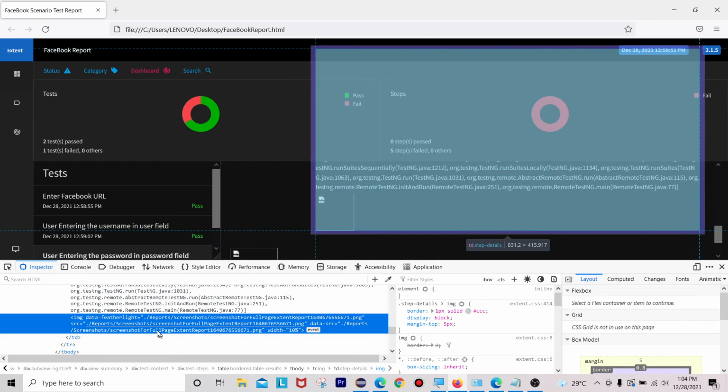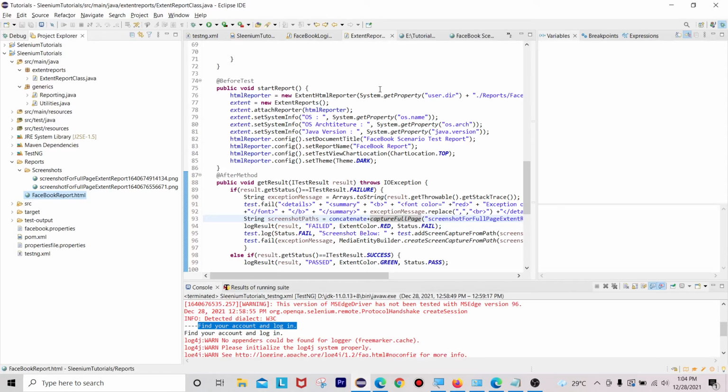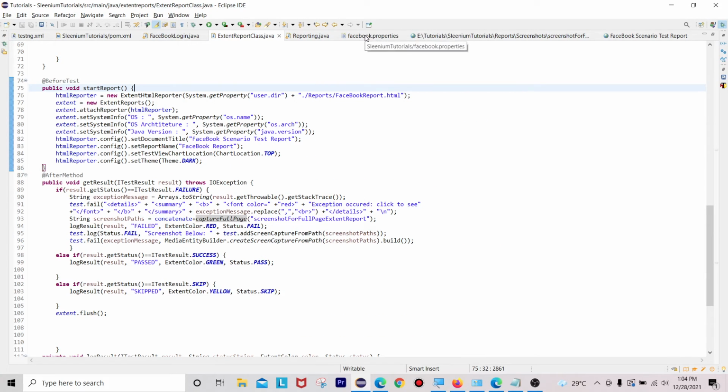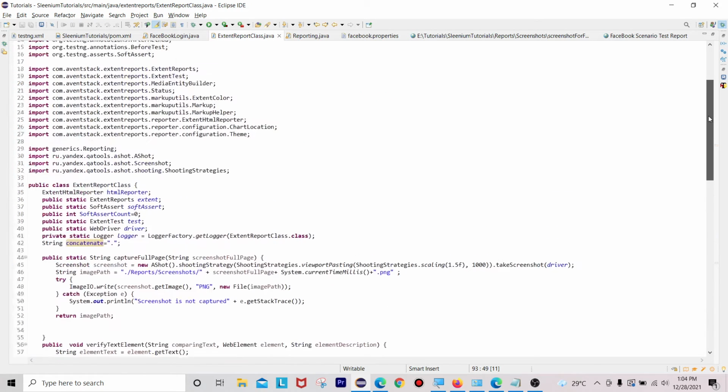You can see we are getting only dot reports screenshot, which means it is taken as an absolute path. That's why we have to configure one more dot operator inside our extent reports class. For capture full page, we are appending one more dot operator as a separate string, that is dot.